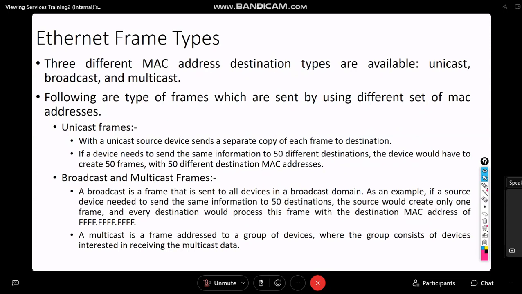What are Ethernet frames? Different types of Ethernet frames, if you know, are unicast, multicast, and broadcast. If you already have an understanding around it, what situations are there where you will use unicast, broadcast or multicast? For example, unicast means the source would send individual copies of the frame to each destination. So when I say that, let's assume